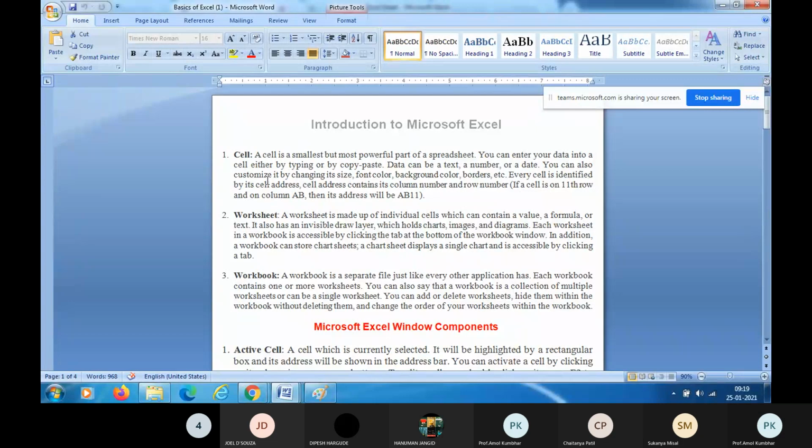Data can be text, a number, or a date, right? You can also customize it by changing its size, font color, background color, borders. Every cell is identified by its cell address. So there is a cell address bar, right? A cell address contains its column and row number.